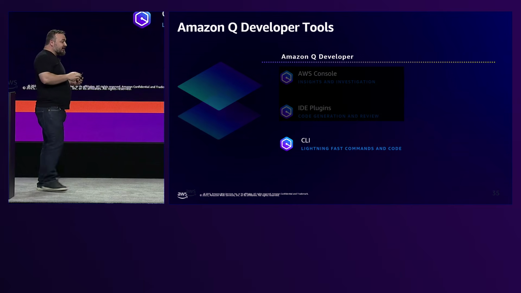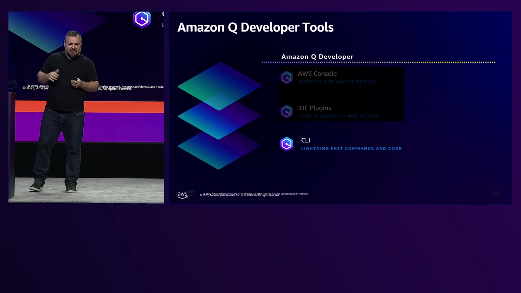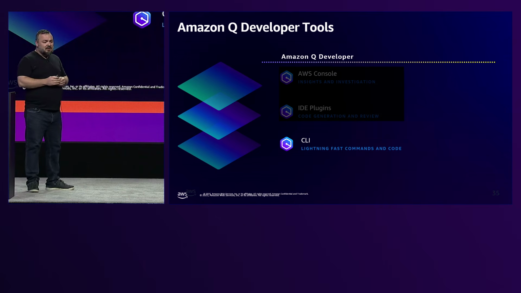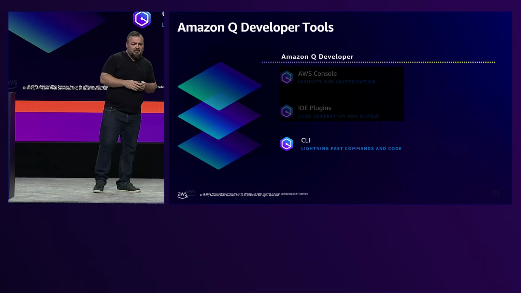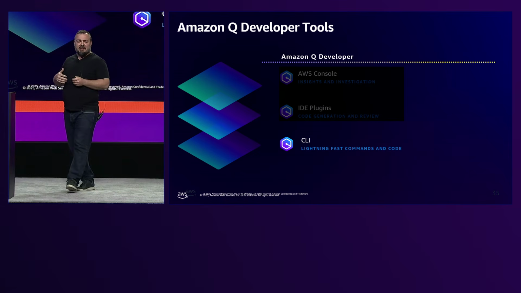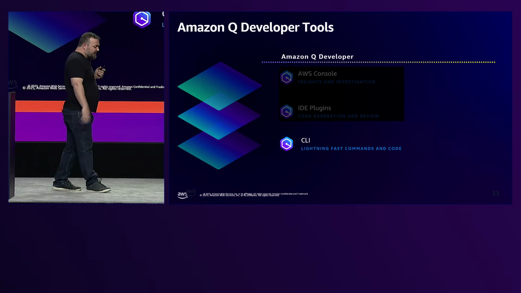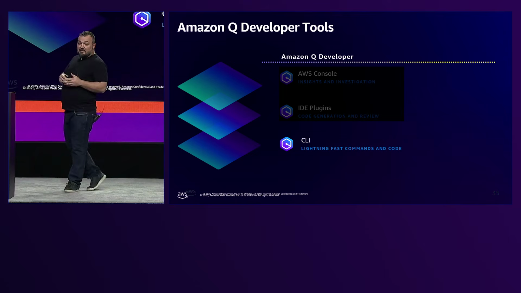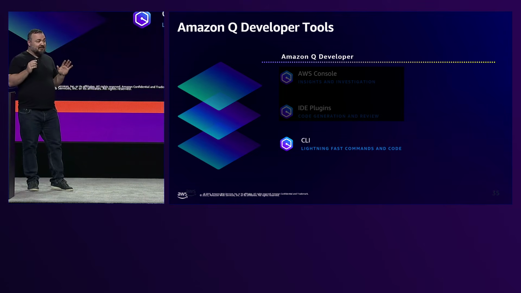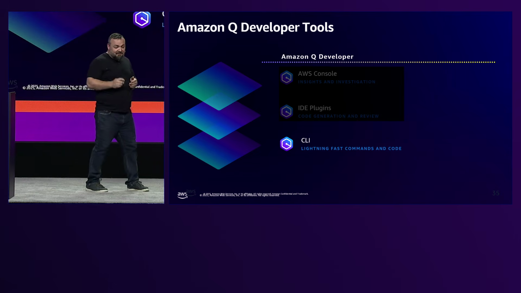So I'll talk a little bit about what I'm going to show, and then we'll do these 3 demos here. The first 2, I think, are about 5-6 minutes, and the other one's about 2.5. So the Q CLI is something we just launched a few weeks ago, I think a few months ago. And it's in addition to what we've had for some time, which is the AWS Q in the console, as well as our IDE plugins into things like JetBrains, Visual Studio Code, that sort of thing. So the CLI is a really, really cool tool, and I can't stress enough, you have to go try this to actually believe it. It's amazing.